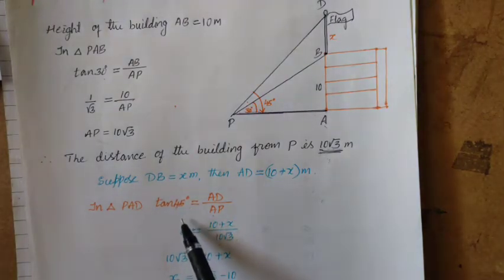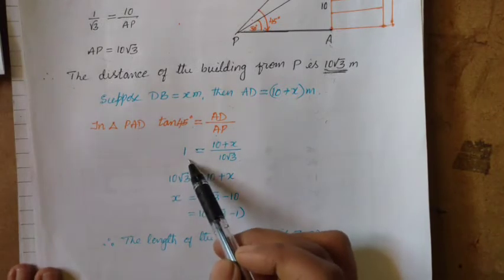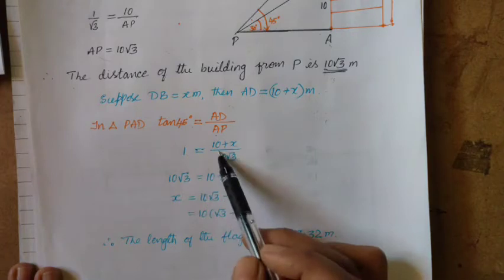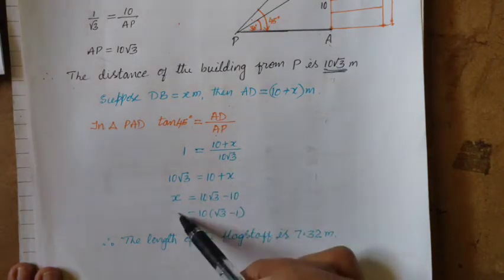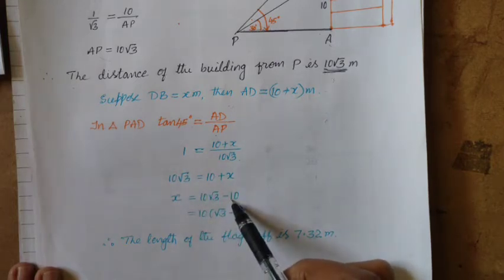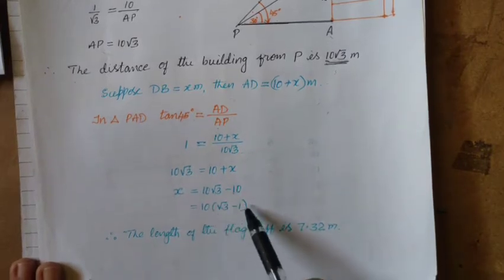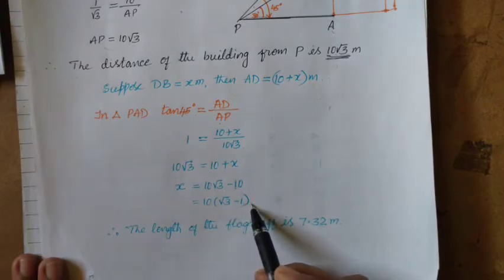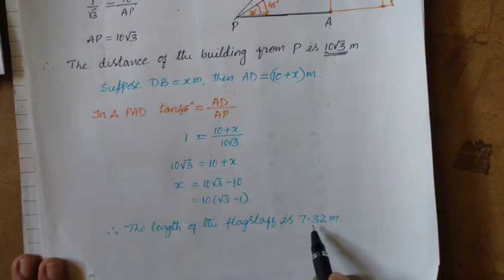And tan 45 degrees is 1. So now you can cross multiply. 10 root 3 is equal to 10 plus x. Again I want to find the value of x. So take 10 this side, it becomes minus 10. So 10 root 3 minus 10. So take 10 common. The remaining term will be root 3 minus 1. So the length of the flagstaff is